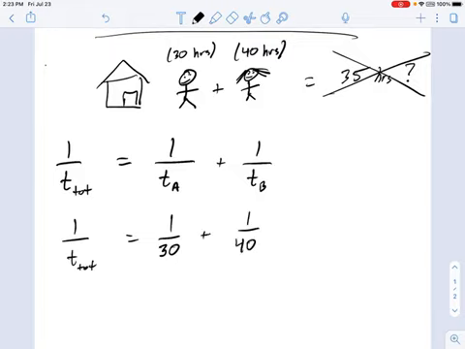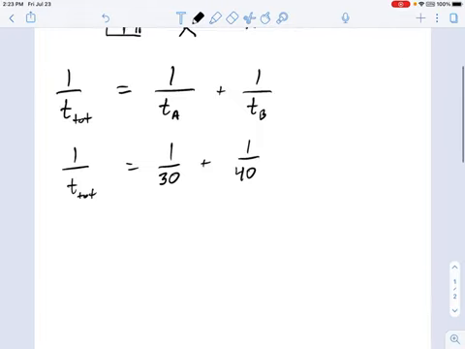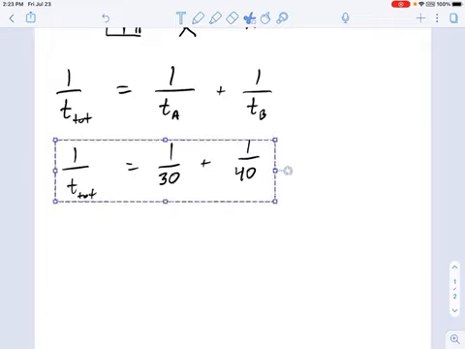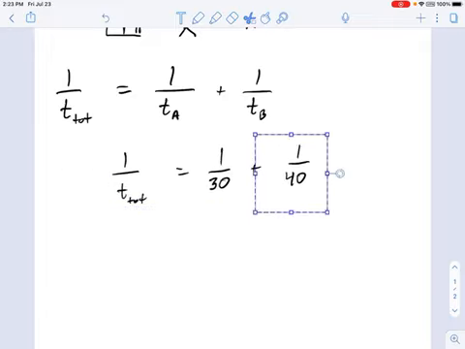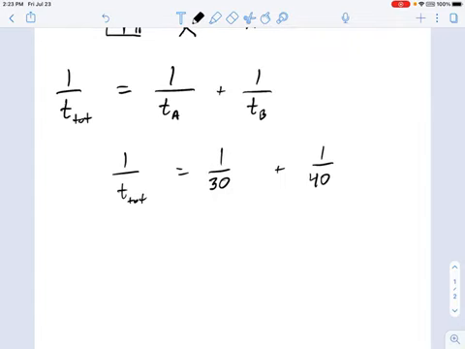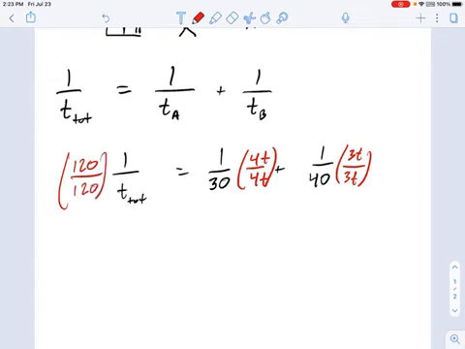To do this, we have to use common denominators. Remember how these work? Take a look at this equation. What are the various pieces of this equation missing? Let's give ourselves some more room here. I'm going to write in the missing factors to make common denominators. This one is missing a 4t, this one over here is missing a 3t, and this one is just missing a factor of 120. Now watch what happens. You'll see why I chose those particular ones.